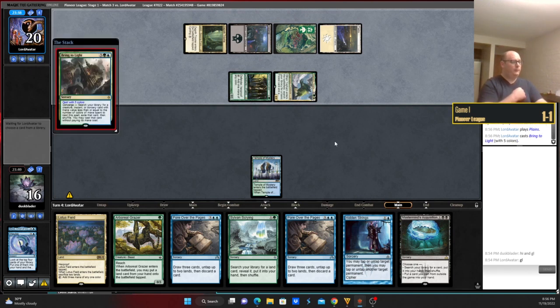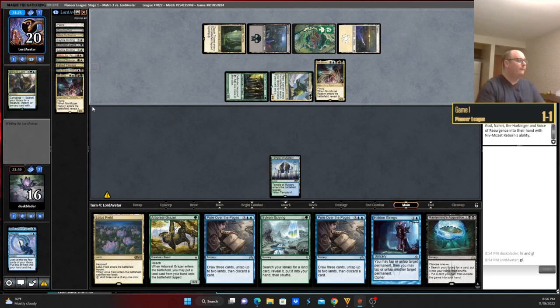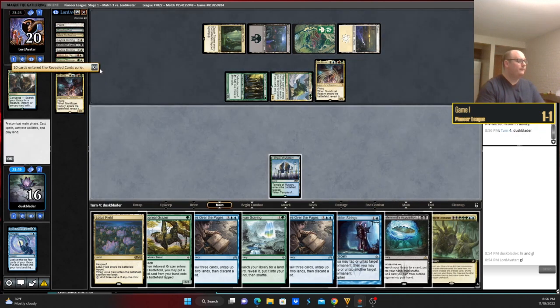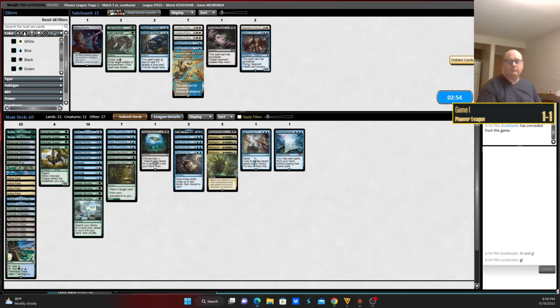Okay, bring to light for what? Niv. A bunch of stuff that basically doesn't matter. Alright, and we're not hitting that, so. Niv-Mizzet, Reborn. So